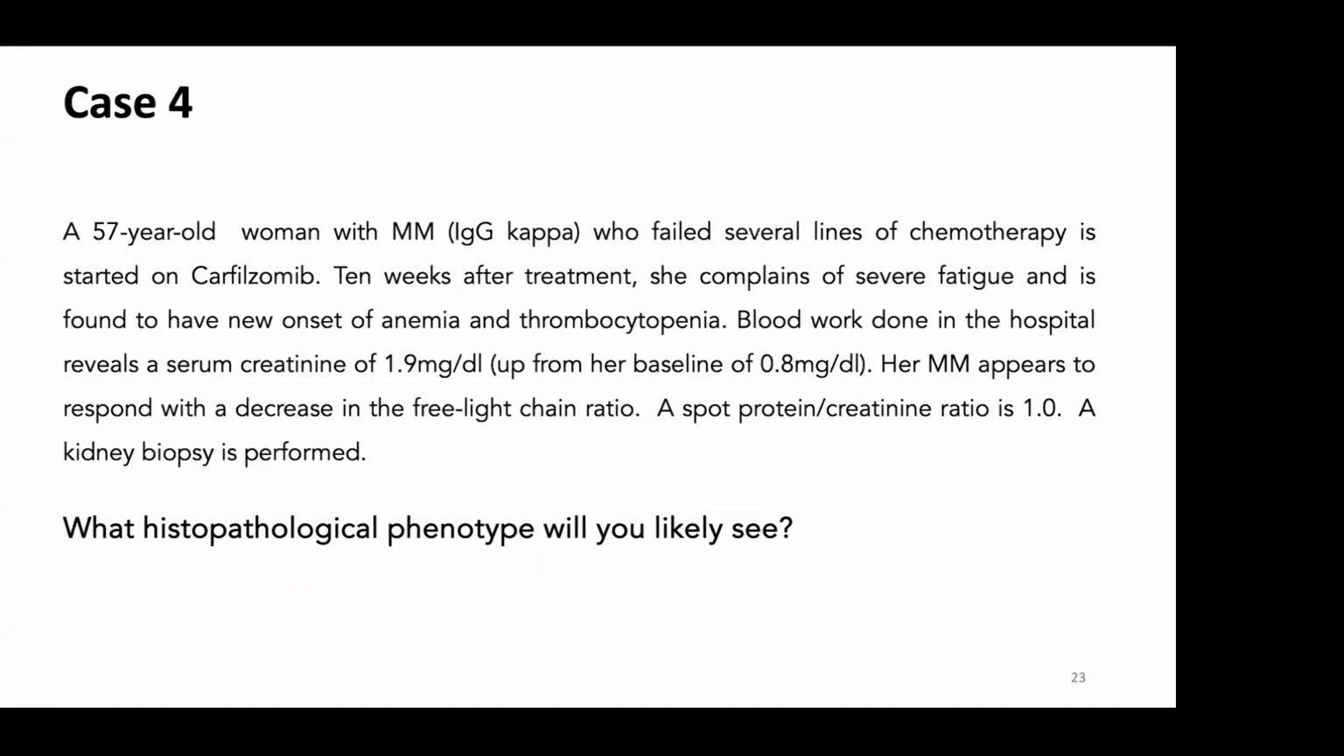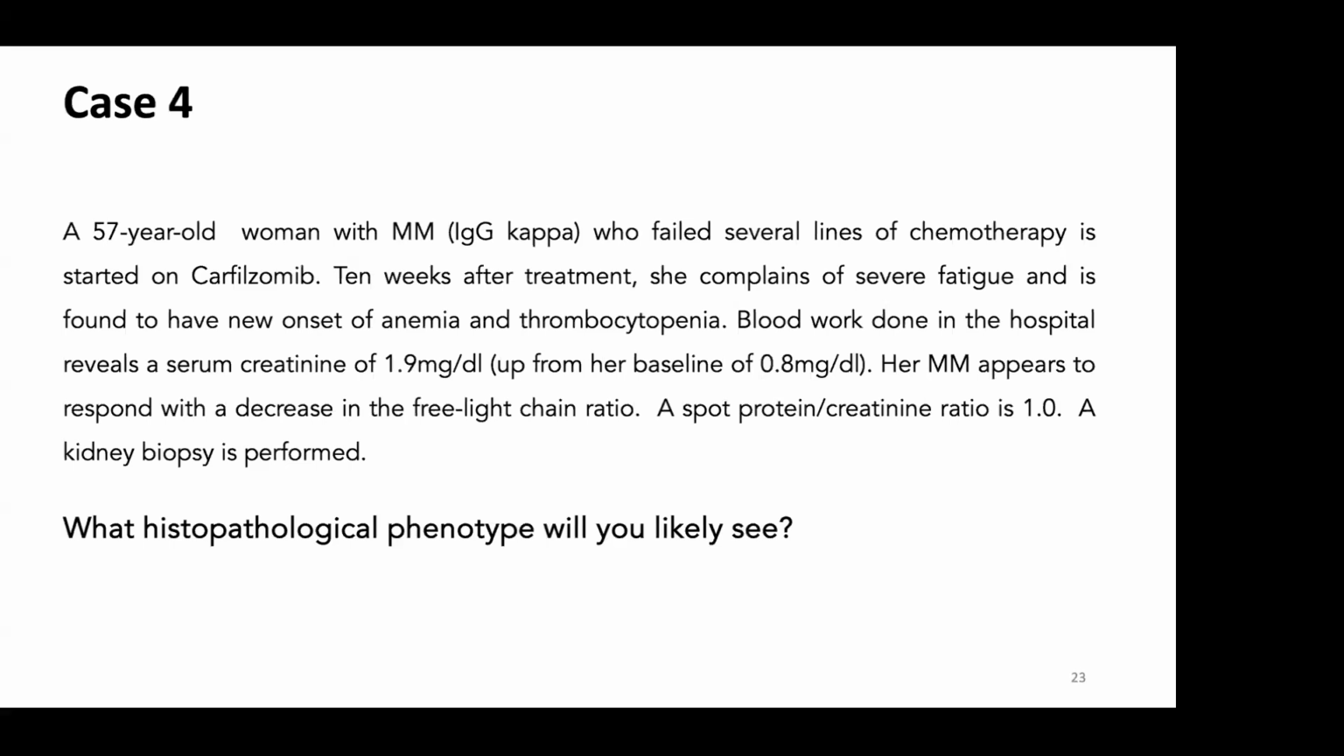She has an IgG kappa myeloma and has failed several first-line chemotherapy agents. She started on carfilzomib. Now, carfilzomib is actually a proteasome inhibitor like bortezomib. 10 weeks after the treatment, she starts complaining of severe fatigue and is found to have new onset anemia and thrombocytopenia. Blood work is done, which shows